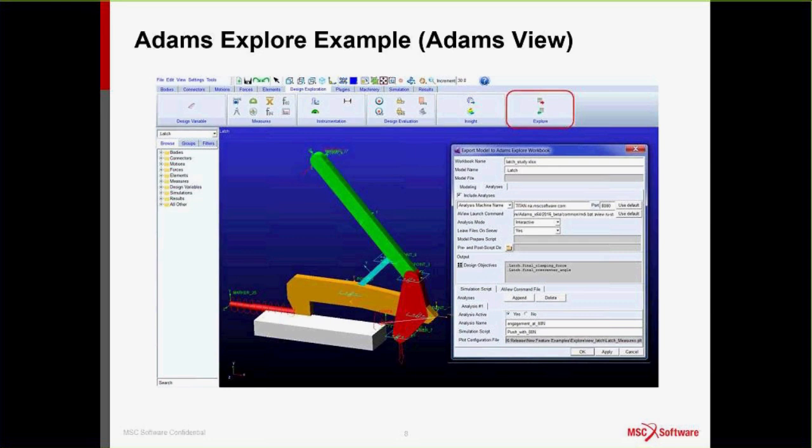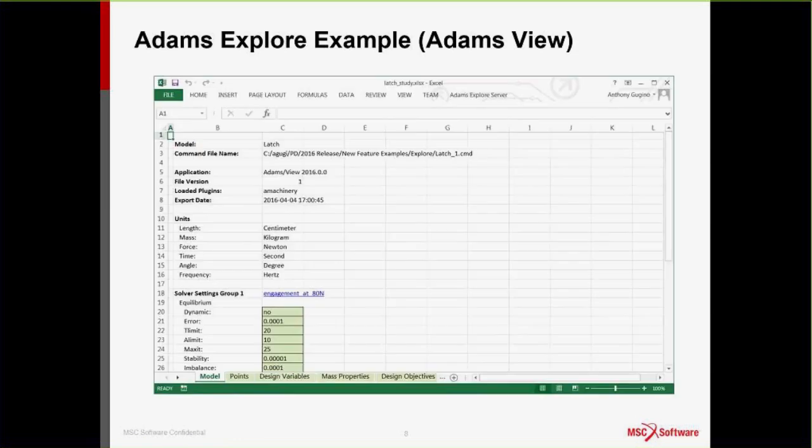and then switching over to the Analysis tab and saying, okay, what analyses am I going to run? We can have multiple analyses or single analyses. What design objectives am I going to output, and what plot configuration file is going to define the plots that I want to see as results in the spreadsheet. Then the spreadsheet is exported, emailed over to the colleague who wants to use it, who then looks through this